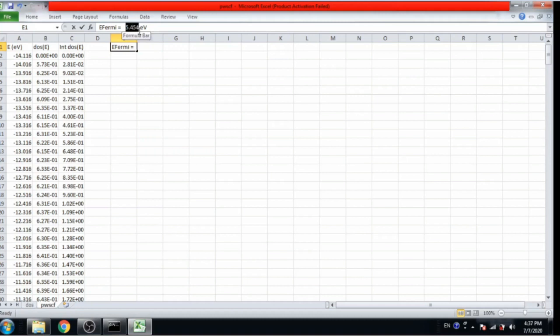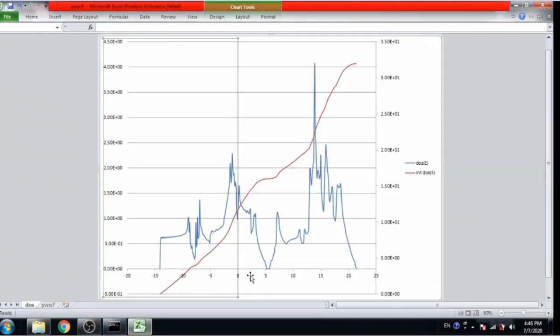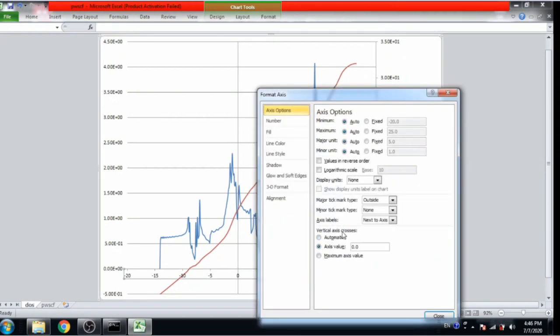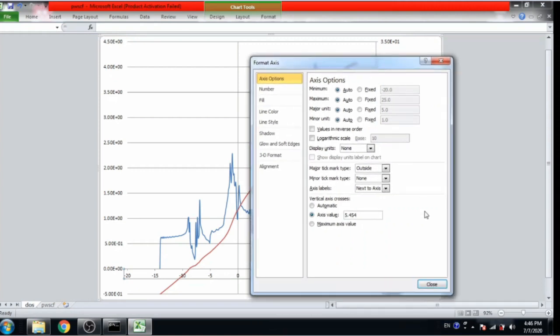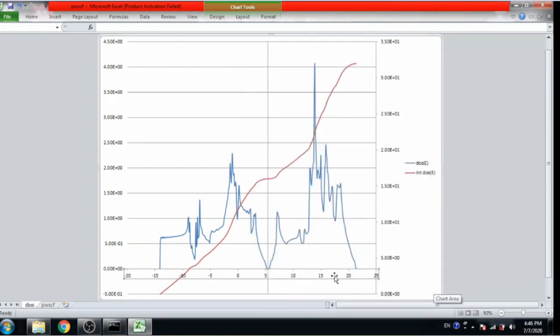Copy this Fermi energy and open the chart again, select the energy on the horizontal axis and format axis, and change the axis value to the Fermi number and close. Here you can see that our vertical line is set to the Fermi level.